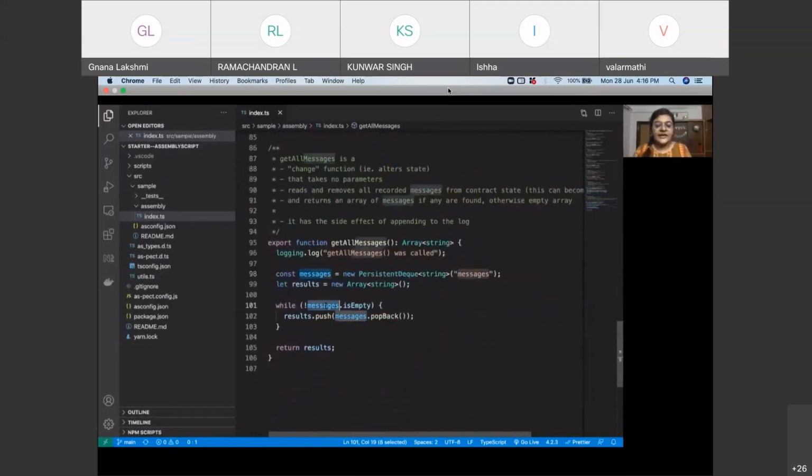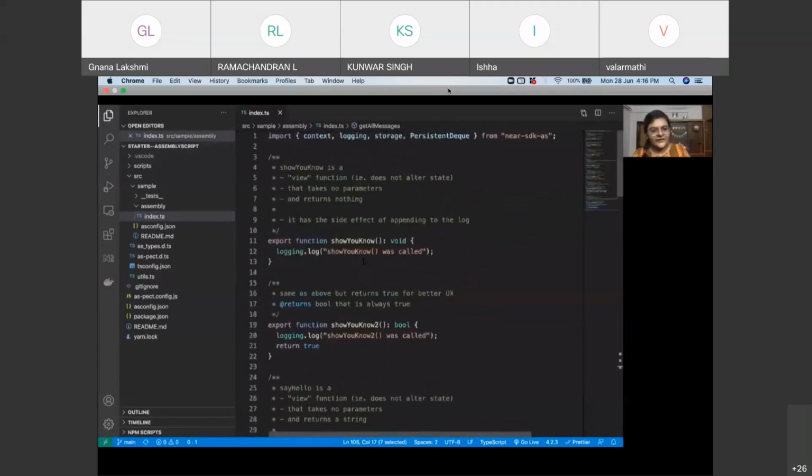And while it is not empty, it loops through the messages DQ. It pops each of the messages and then pushes it in this new array called results that we have created. This is an array of strings. And once the results is populated with all the messages, we return this to see what are all the messages that we have.